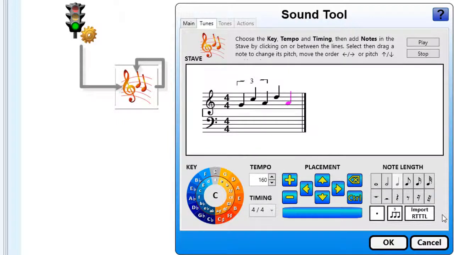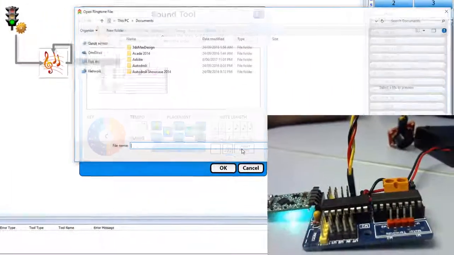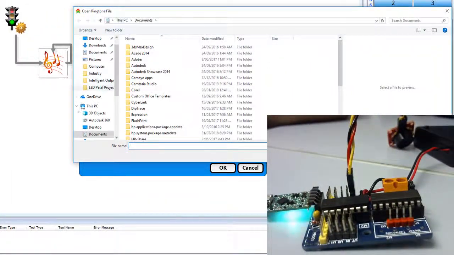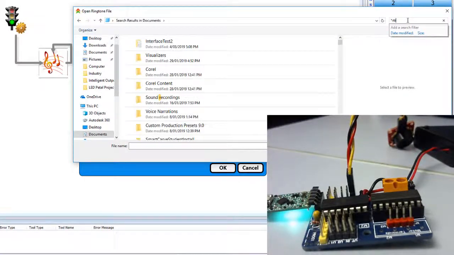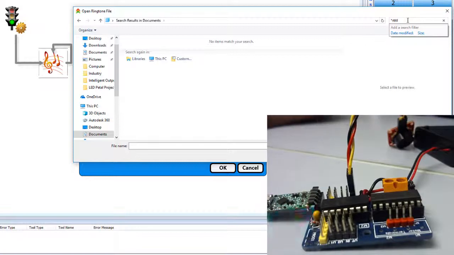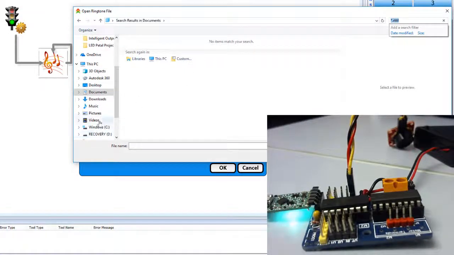If you, however, just want to cut to getting something nice, we can go import down here, and you should be able to select what's called an RTTTL file. And you can download these from the internet. They don't always work so well, but I'm just putting *dot, and that should find some that I already have. If I go to the correct location,